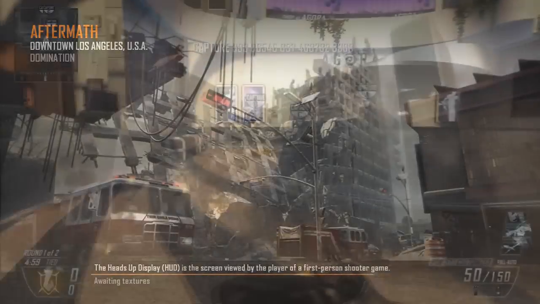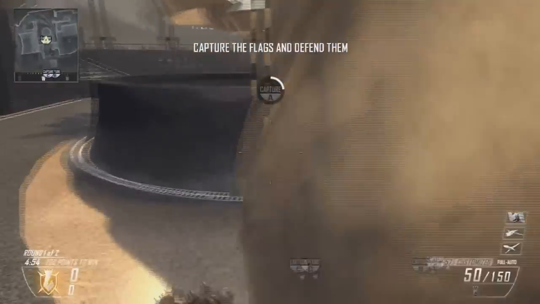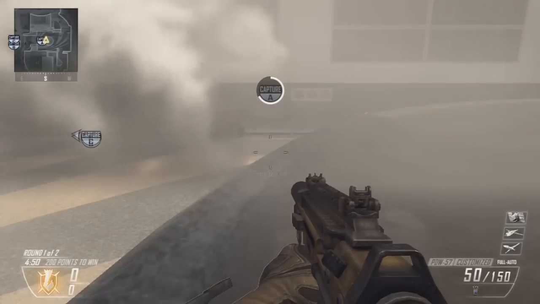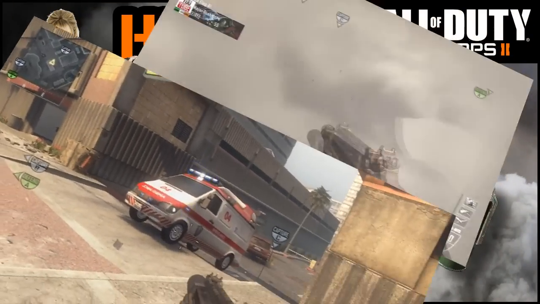Alright, so first up we have Aftermath. This is one of my favourite maps, but this spot, yeah, it's a pretty obvious capture spot, but if you put a smoke grenade down here and hop up onto this ledge and lie down prone, not a lot of people are going to know you're there. They're going to be shooting at the wall, they don't know where you are, just jump out and pounce on